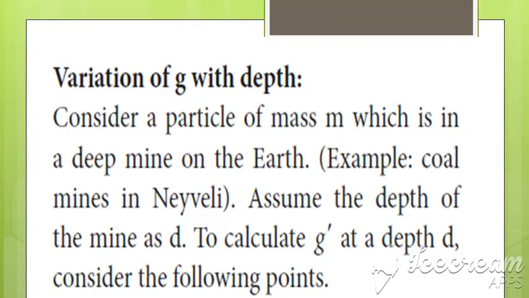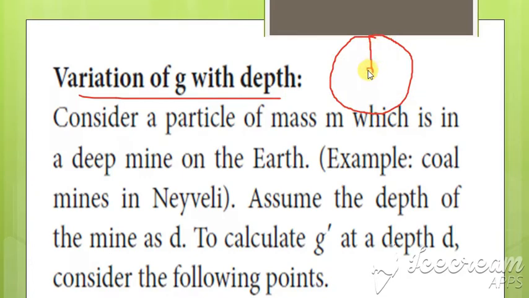So next we are going to see the variation of g with depth. Okay, so already we have seen the variation of g with altitude. Here we are going to see the variation of g with depth. For this, consider this to be the earth, and in this we are considering the mass m, which is at